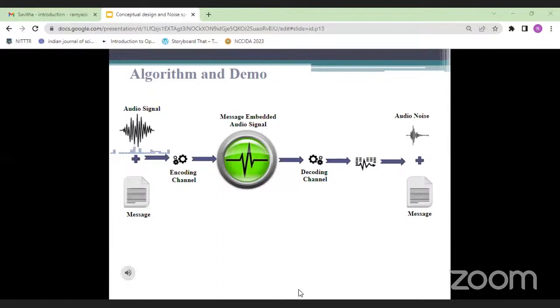MATLAB is used for the simulation to implement this technique of steganography. Audio steganography programs can embed information in WAV, AVI, and even MP3 sound files.